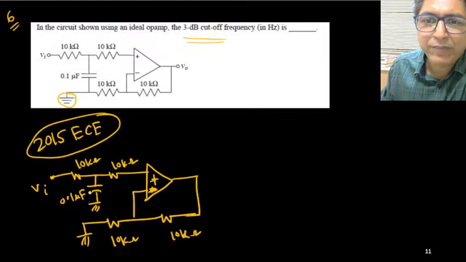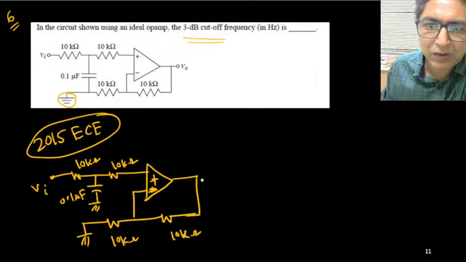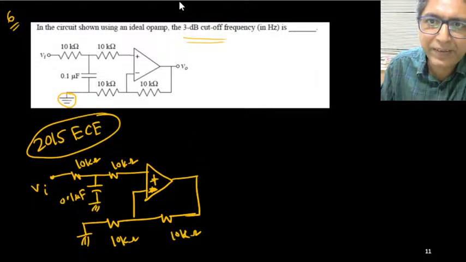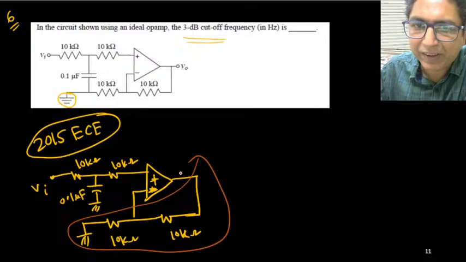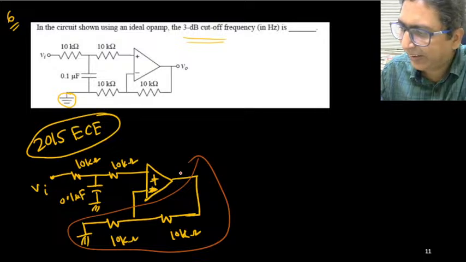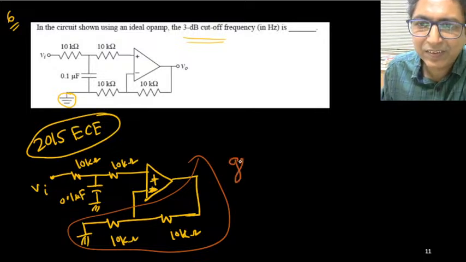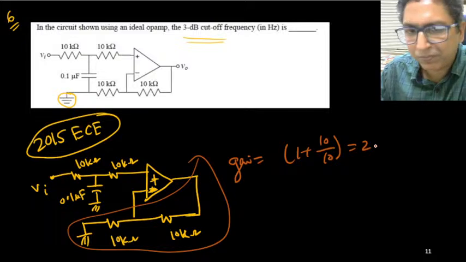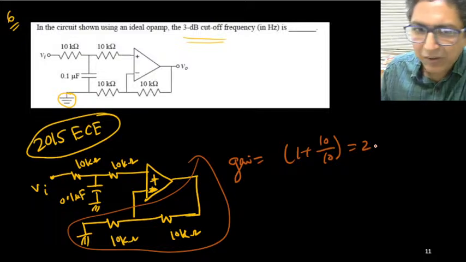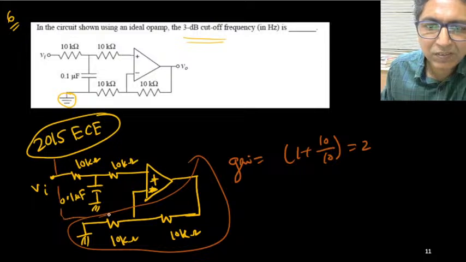So what type of filter is it? This network will give you a simple gain. This side just gives you the gain, so it is a non-inverting amplifier. And what is the gain? Gain is 1 plus Rf by R1, 10 by 10, which means 2. It will provide a gain of 2. That is okay. But this network,